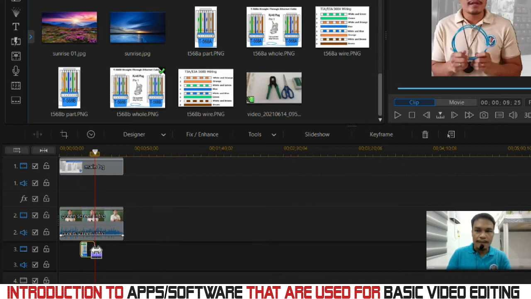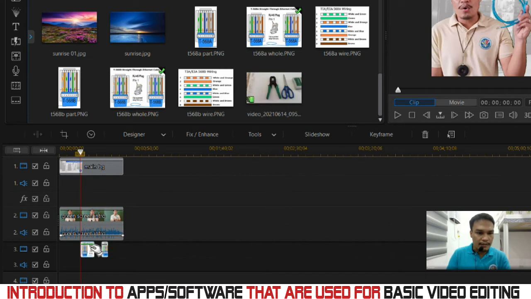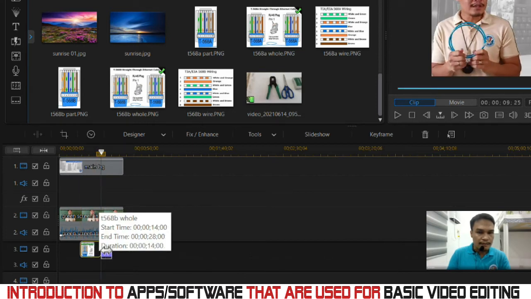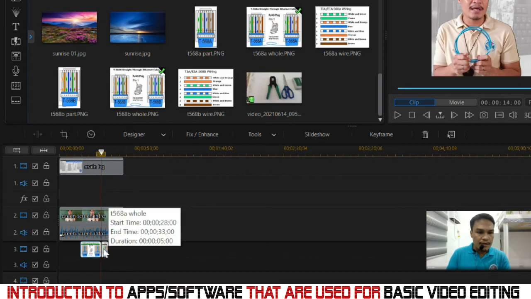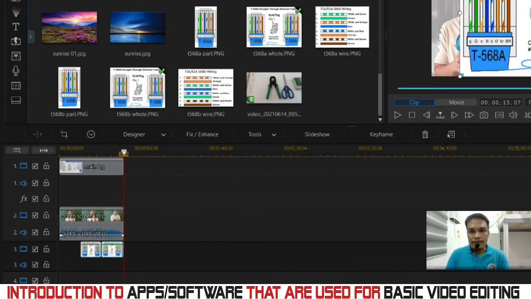Then, kung gusto ko naman ipakita yung another one, which is yung A. So, ito siya, another straight through. So, lalagay ko lang to dito. Yan. So, then, I will adjust this one. Let me just adjust this one hanggang dun sa picture na yun. Then let me just adjust this one. Then I'll move this one